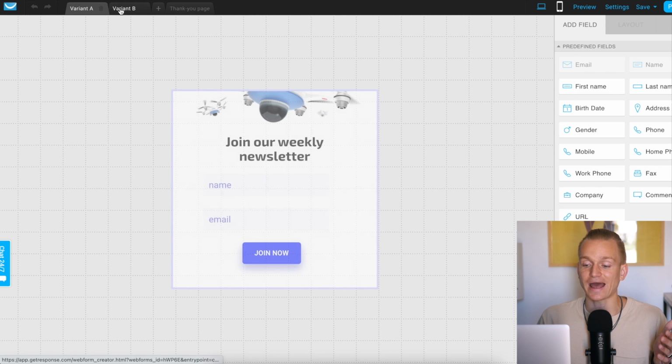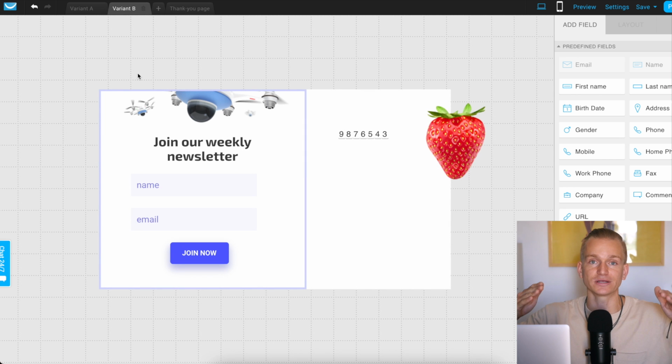It shows a certain percentage of those pop-ups to different people and sees which one performs better, which one converts better. Sometimes just a couple of small changes, a different heading or a different image or style, can make a massive difference. And this is so important when it comes to your email marketing and building out your list.